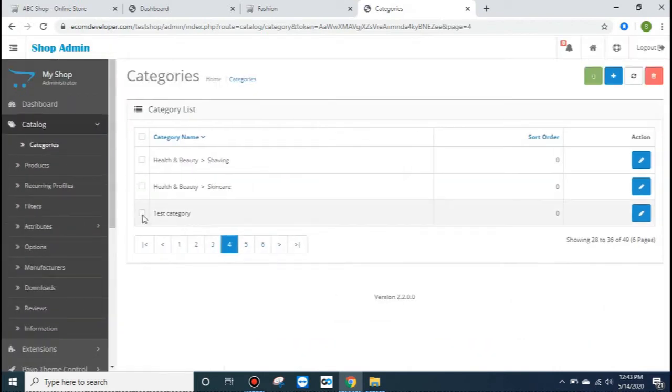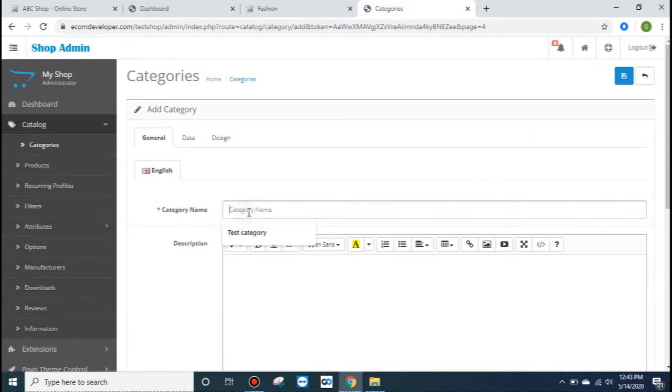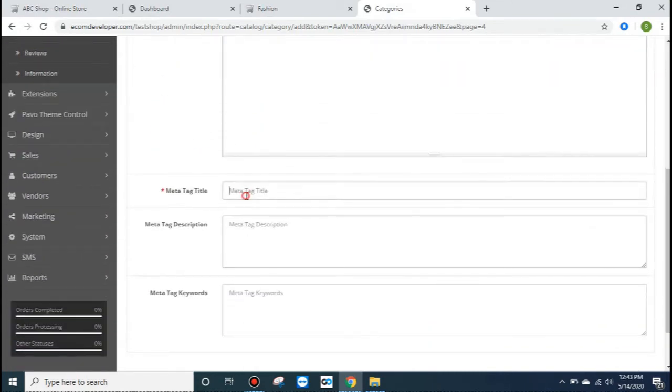So this test category has been created, and again click on add new, and this time we will create a test subcategory. Copy the same thing and paste it under meta tag title.